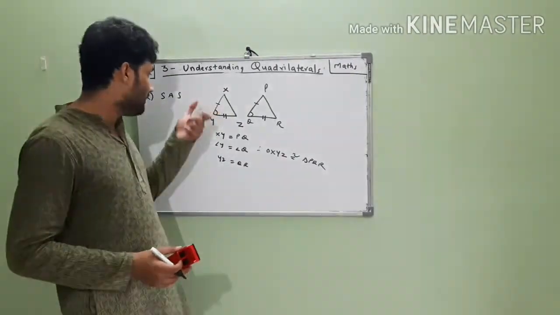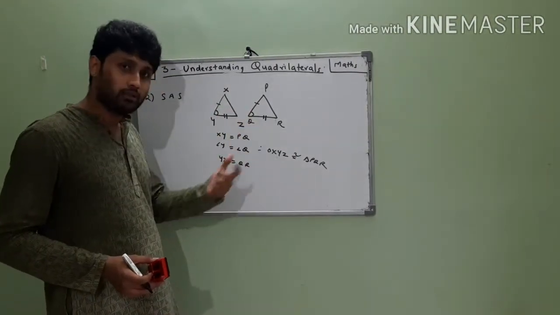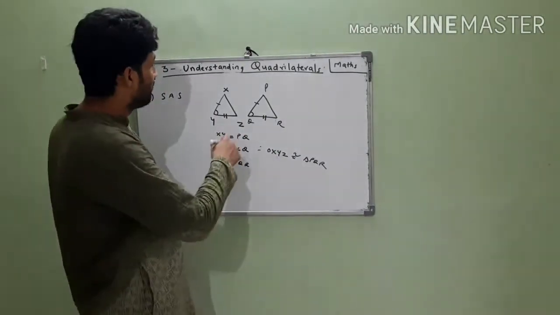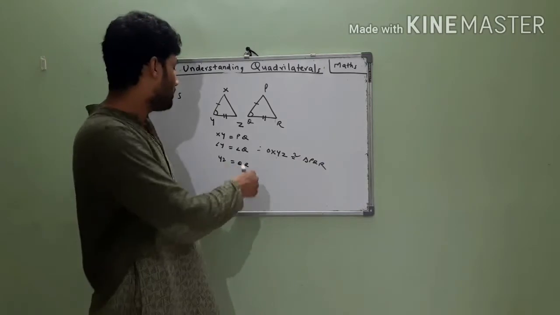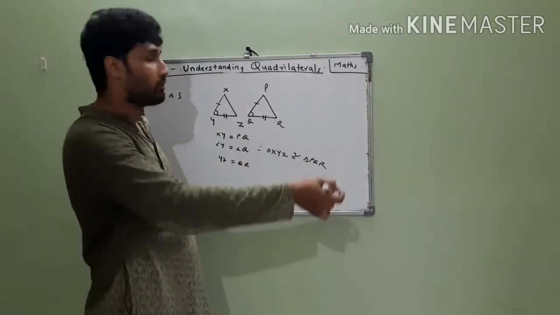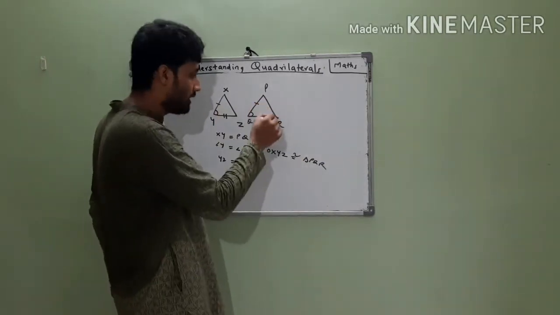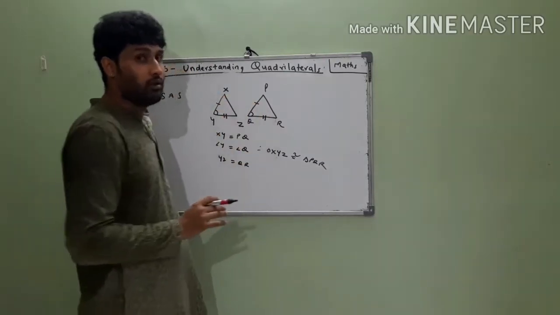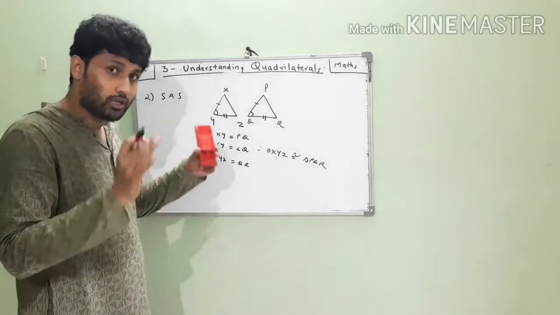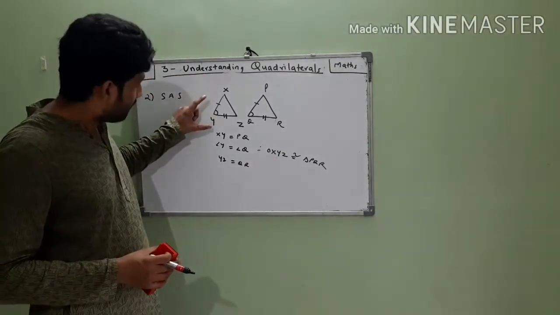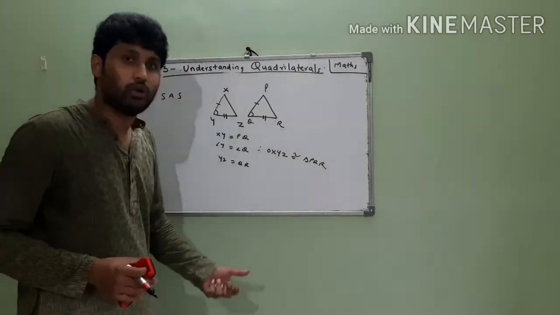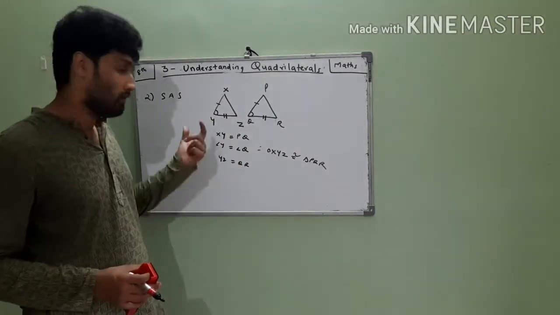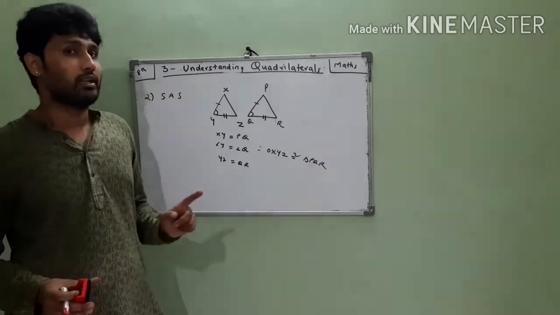If you know that these three things are equal in two triangles, you can say that the triangles are congruent, which means in effect, because the triangles are congruent, that XZ is equal to PR, angle P and angle X are equal, angle Z and angle R are equal. We don't need all of the conditions. We can say that the two triangles are congruent using only the three given criteria. That is the side angle side.